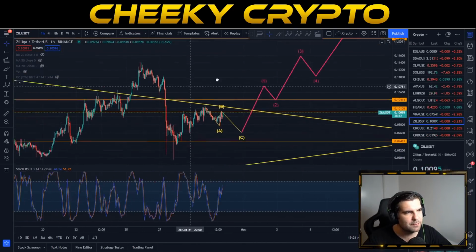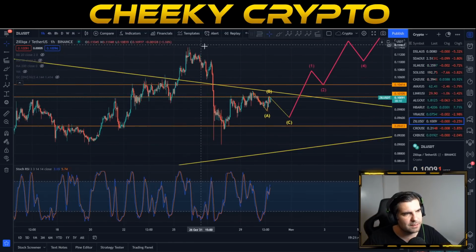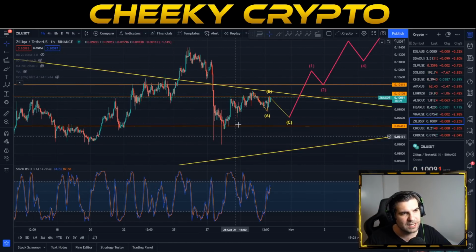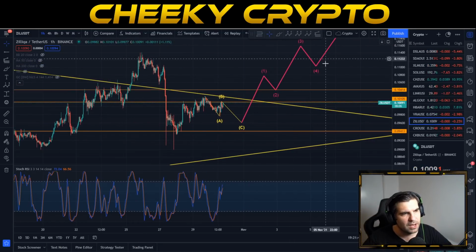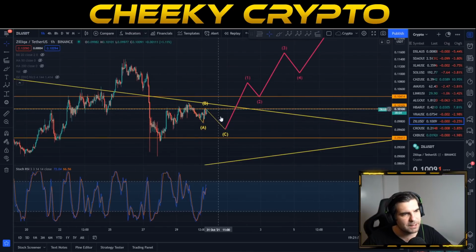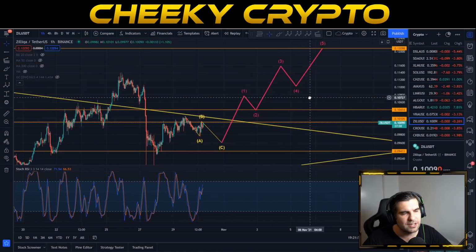As long as we don't get any more of these kind of events where people get liquidated, tanking the market down with it, we should be in a pretty good position. But do expect another pullback first, an opportunity maybe to get in if that's what you want to do, and then obviously see this surge to the upside next.